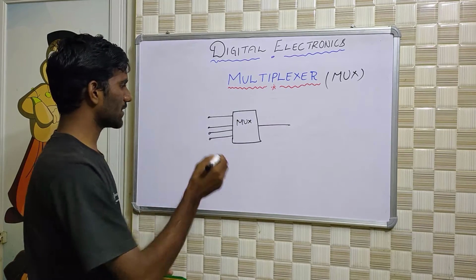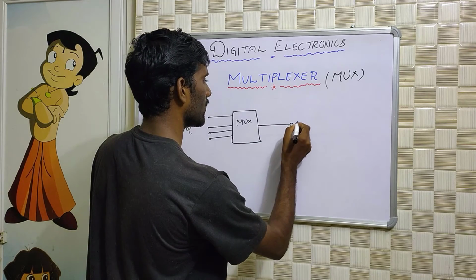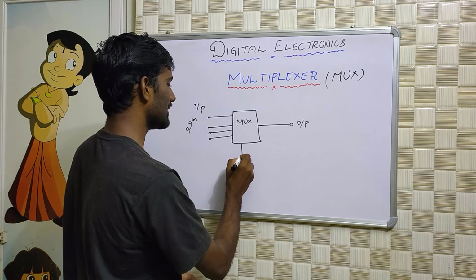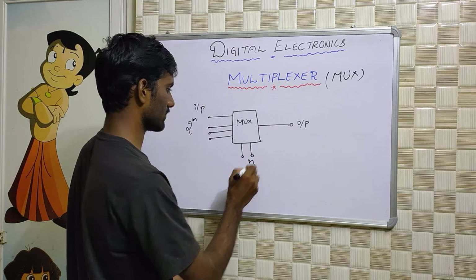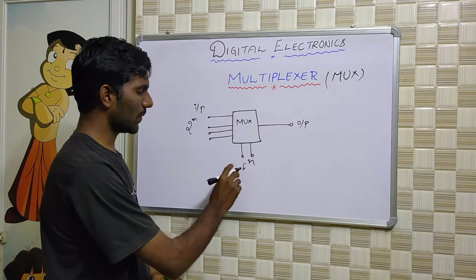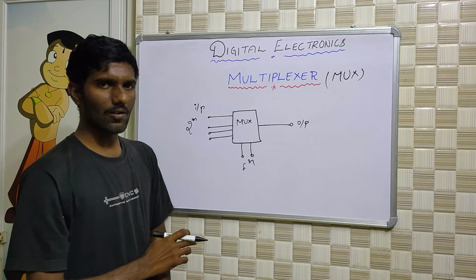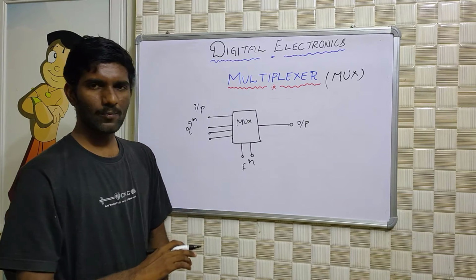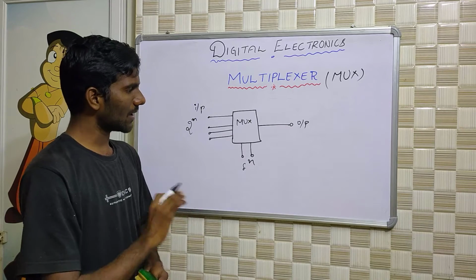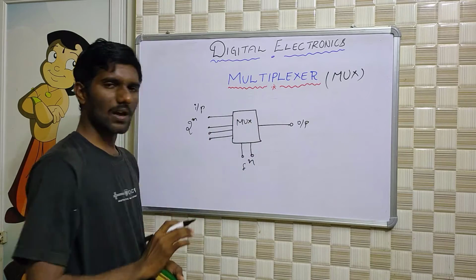Generally a multiplexer will consist of 2^n input lines and 1 output line, where n is the number of selector lines. Based on the selector lines only, one of the inputs goes to the output. It doesn't do any manipulations or any addition, subtraction. It won't do any computation. It will just transfer one of the inputs to its output line.